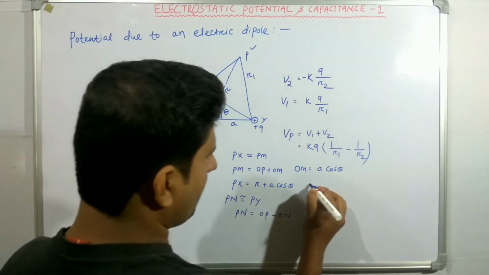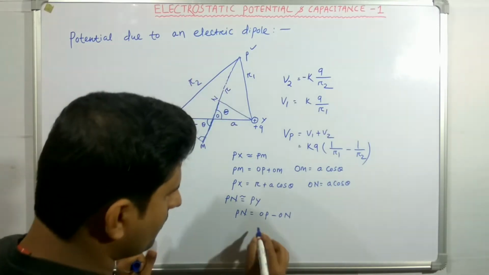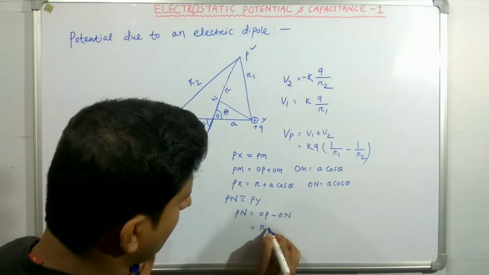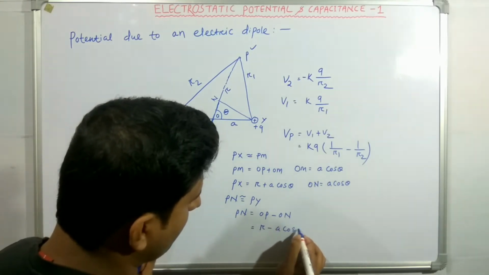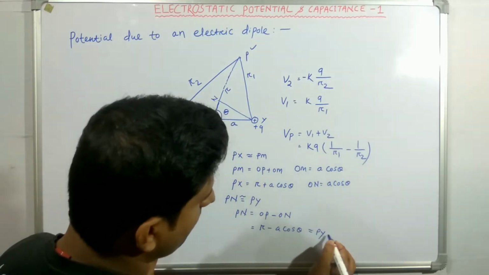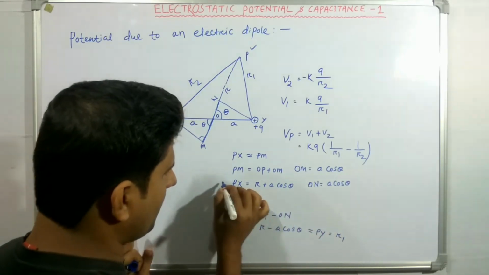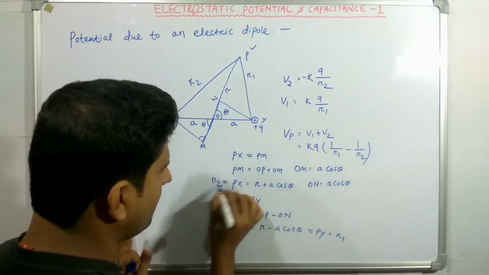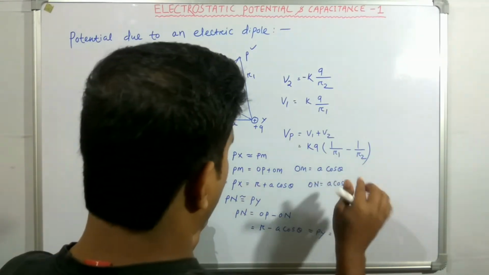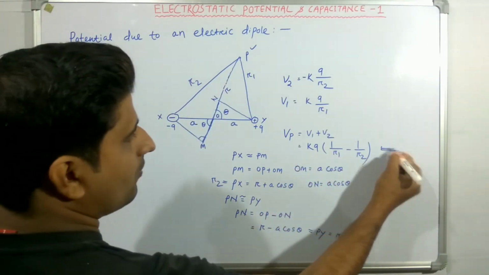So ON is also A cos theta. So PN is equal to R minus A cos theta, and this is also equal to PY or R1, and this is also PX or R2. Put the value of R1 and R2, and we find that